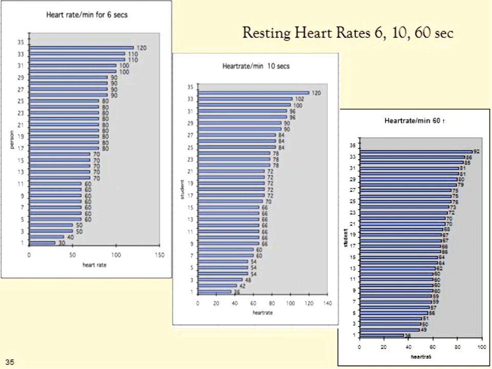But when we go over to 60, we really start to see a broader distribution of what the data looks like. Now, this data was entered into a software program that's readily available.